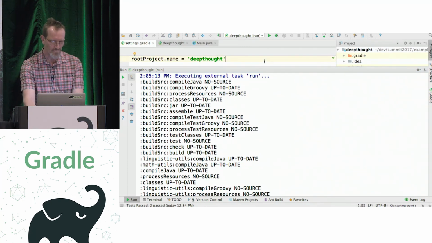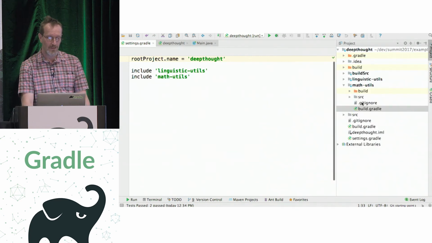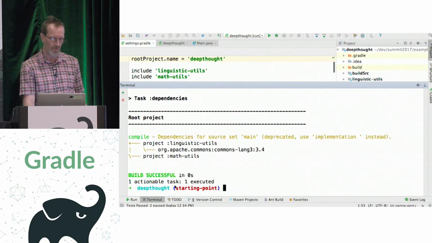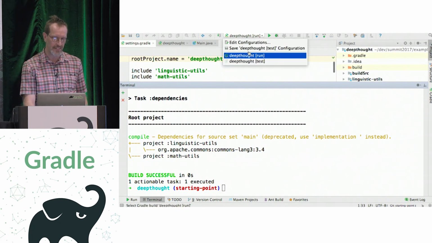So, what else can we do? Let's just quickly look at the dependencies of this. So, we'll look at the dependencies report for this. You can see we've got 2 project dependencies, linguistic utils and math utils. Got a transitive dependency on commons lang, but nothing too surprising there. And finally, we can run the tests for this